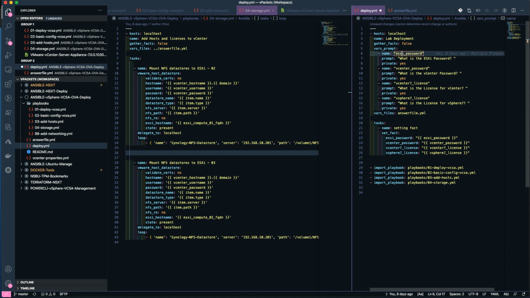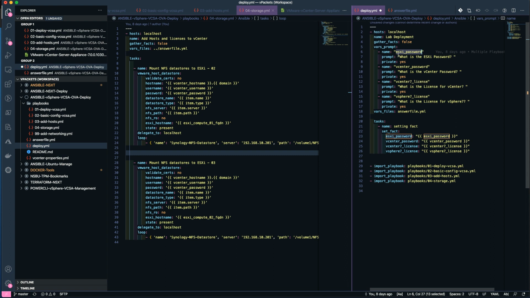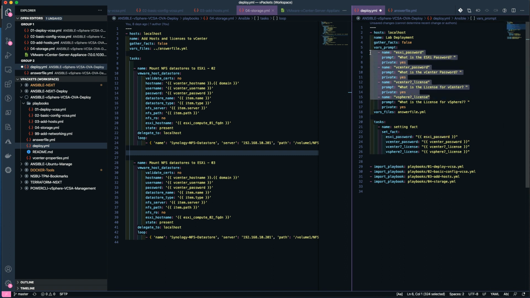in any YAML file. It's a password. Well, the first one is the password for the ESXi. The second one is the password for the vCenter, and then the licenses. And I don't want these variables to be hard-coded anyway, right? So I have them handy, and as you can see here, I'm